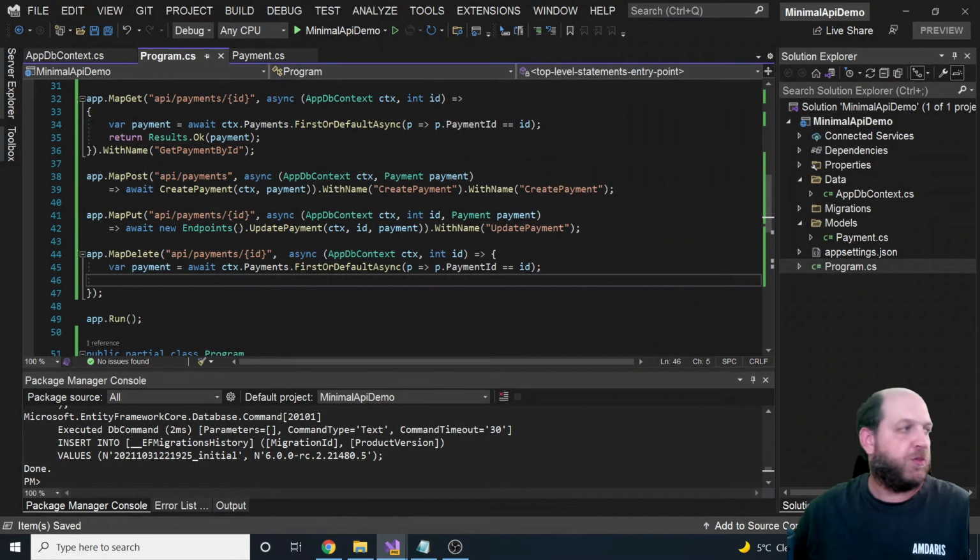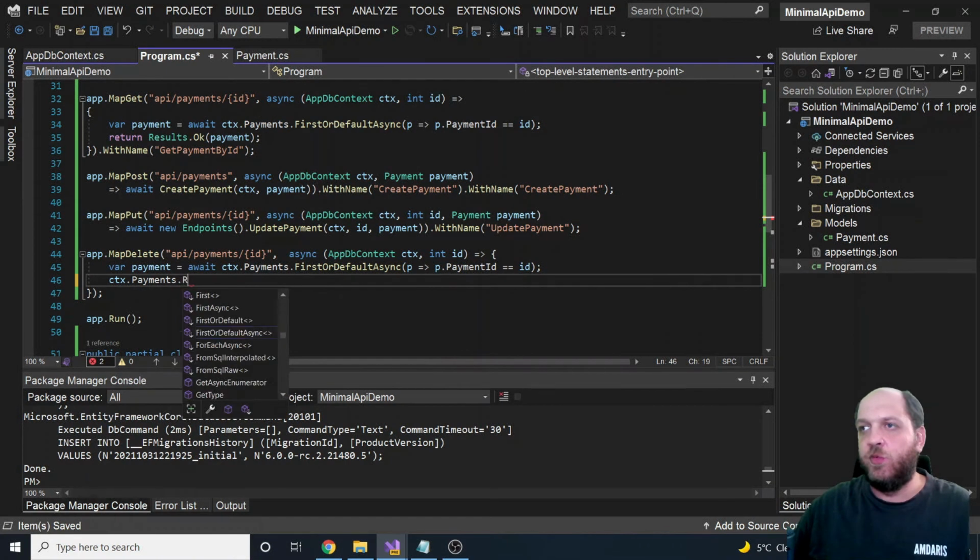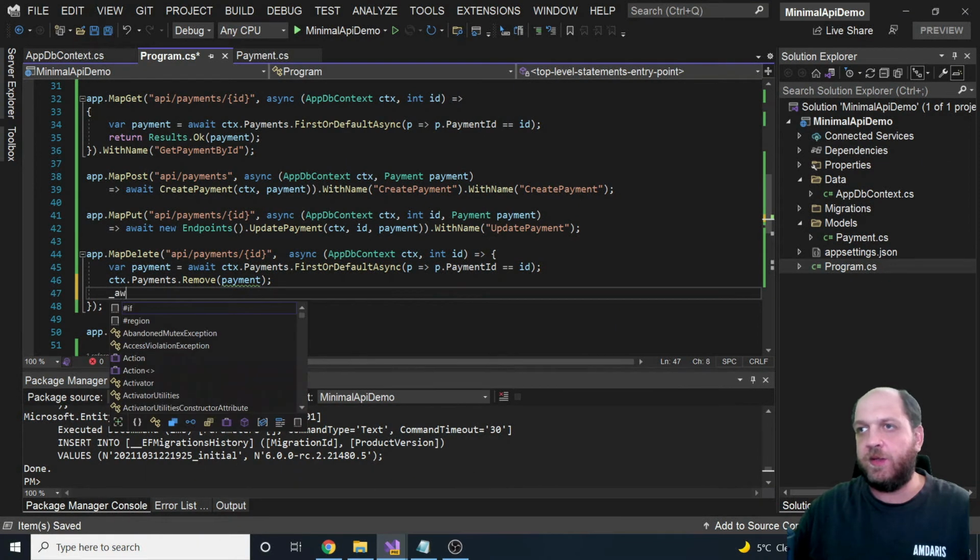Then the next thing that we want to do is on the context, we use this Payments, and then we say Remove and remove the payment. Then of course we just have to persist these changes. So await